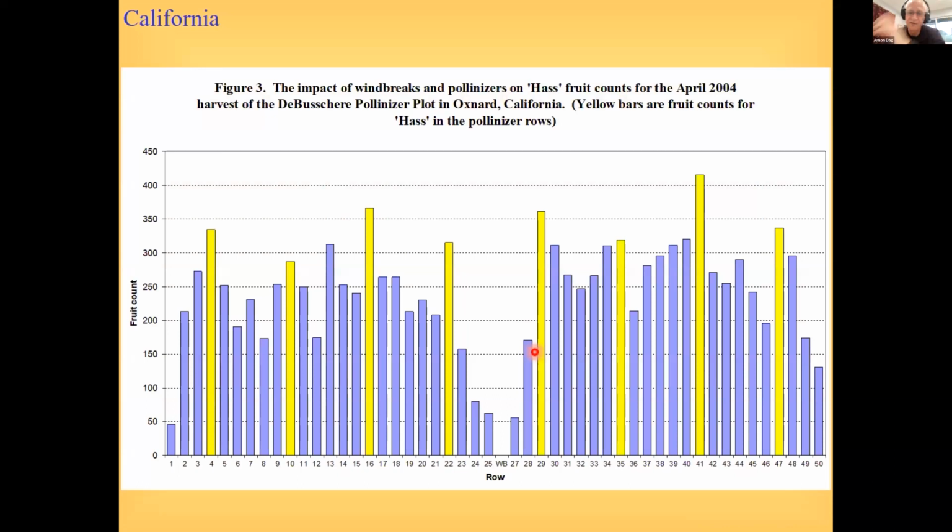I will show here two examples from a study that was done in California, probably with the involvement of Mary Lu and Ben. In one of the experiments, we can see the yellow bars are Hass trees in the rows in which they have pollinizers. So those Hass trees have a pollinizer nearby, and the productivity of those trees is always higher than trees far away from those pollinizers. So this is one example for the importance of pollinizer, and